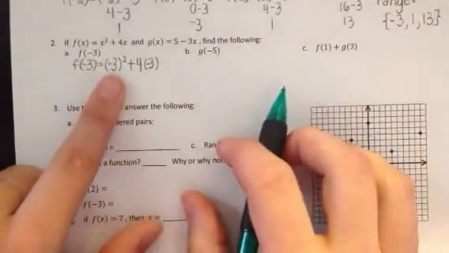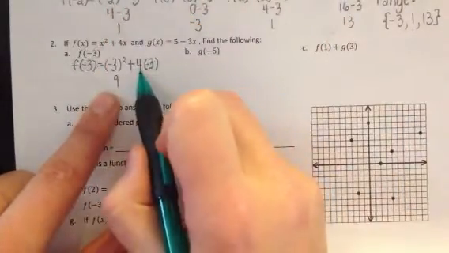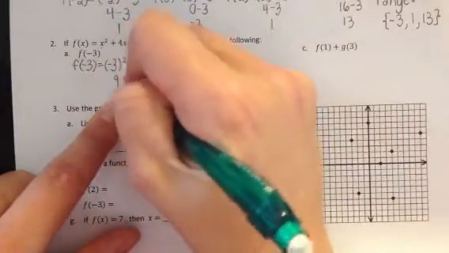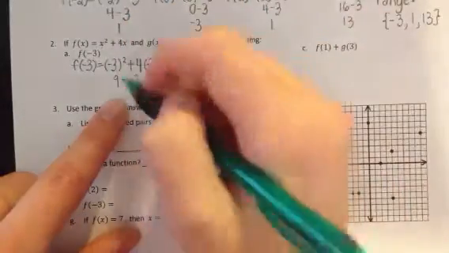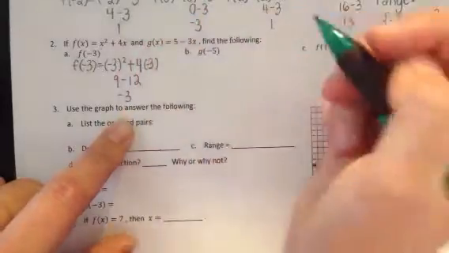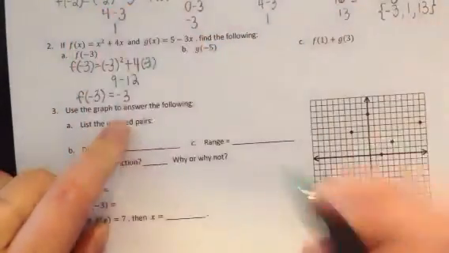So following PEMDAS, I've got -3 squared, which is 9. Positive 4 times -3 is a -12. So we've got 9 minus 12, that's going to give us -3. So basically, f of -3 equals, in this case,